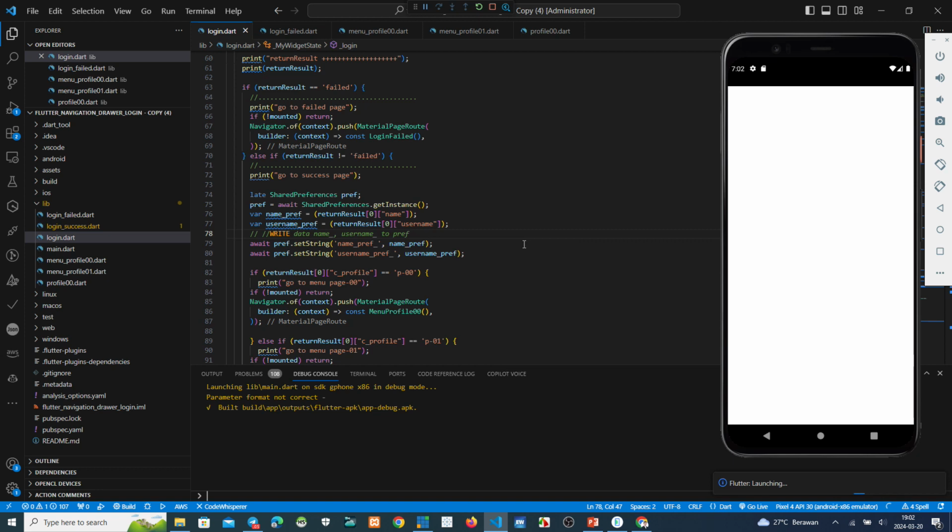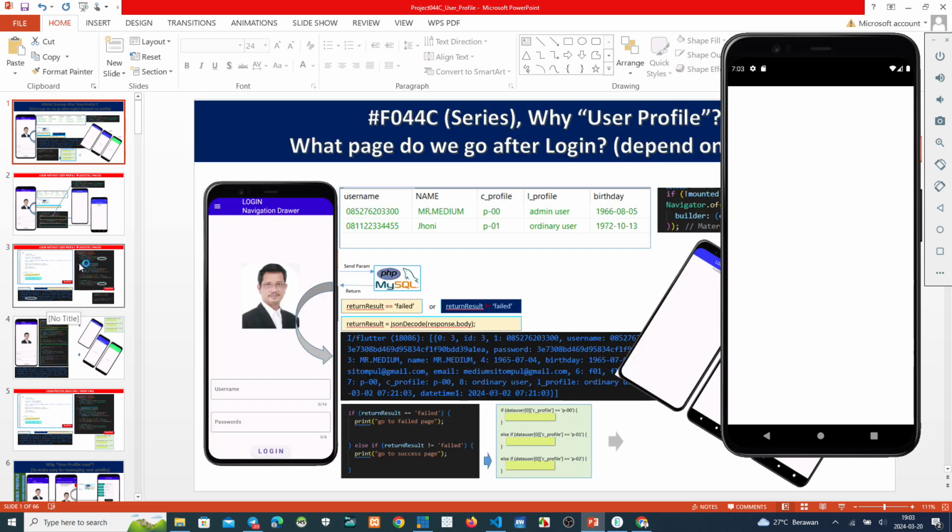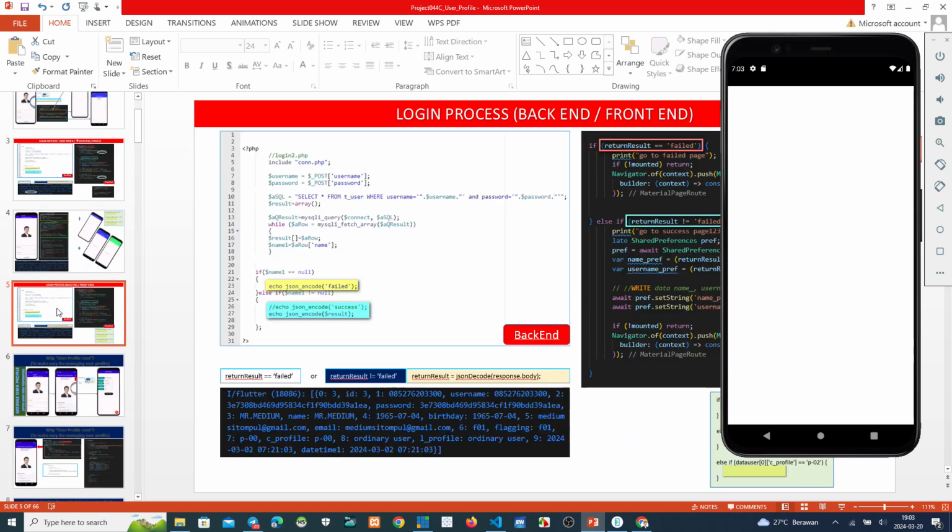The first one, we make this if we have this one. See this. If return result equals fail, fail comes from the backend. This is the backend script, this one, fail.